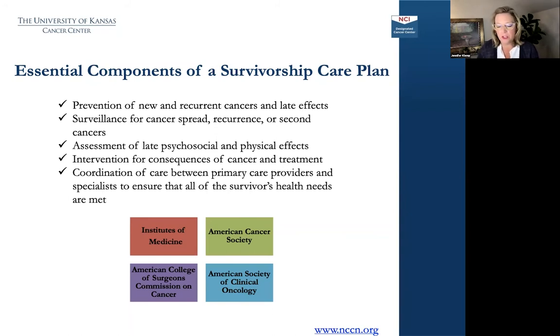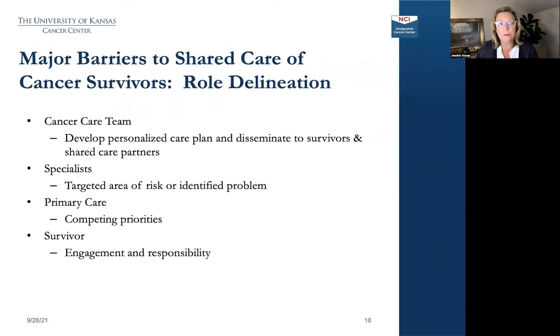Because we know the challenges of delivering a care plan, which are numerous. It's very expensive, it's very time consuming, and really has very little data to support how it impacts overall healthcare. It's costly because it takes a lot of time, and studies have shown anywhere from 40 to 60 minutes on average to complete a care plan. So that's not realistic. And that's why technology optimization is essential. And that's why we really have to figure out what's best for our patient population and for our team that we're working with. And role delineation is a huge part of that.